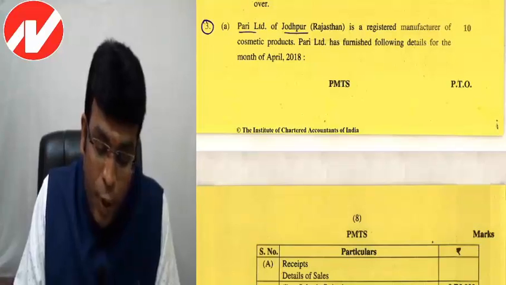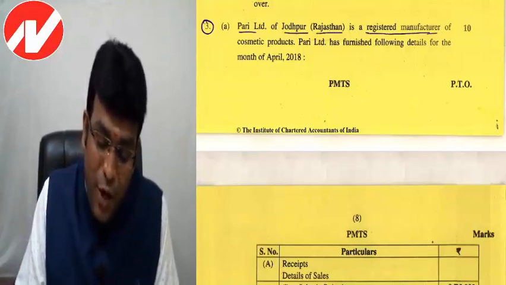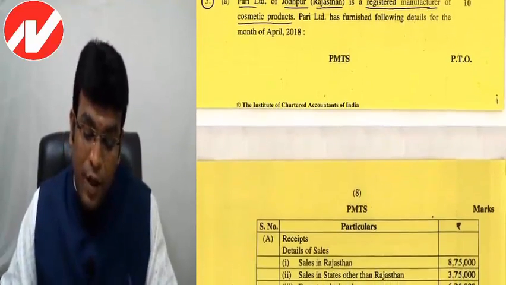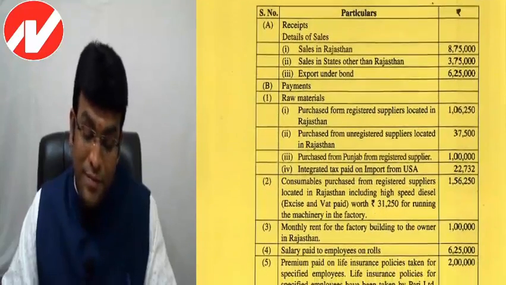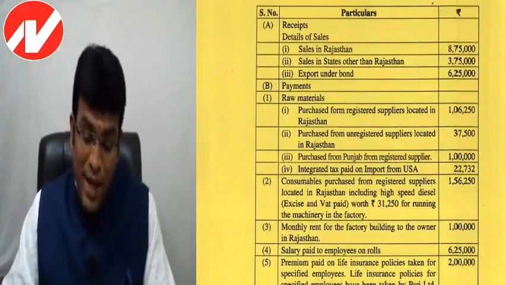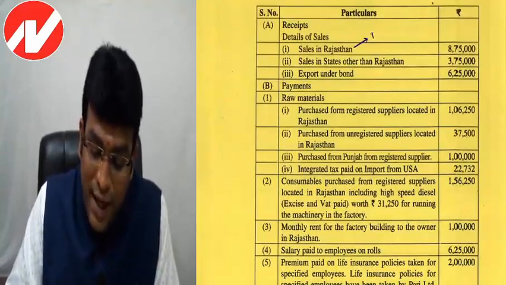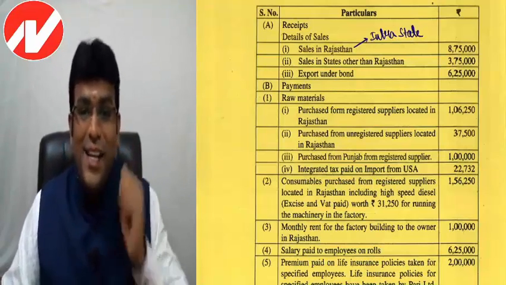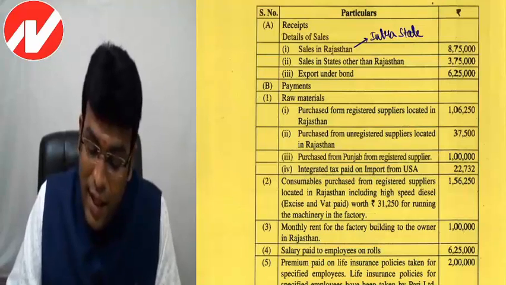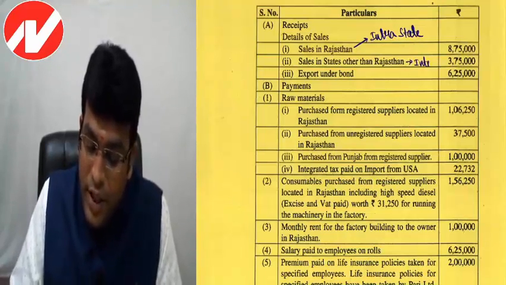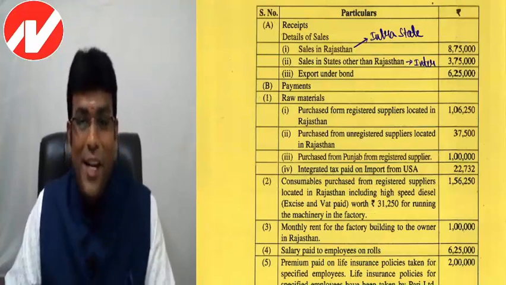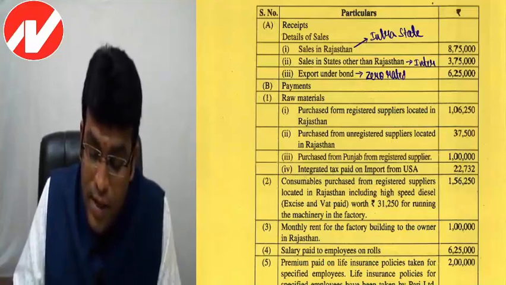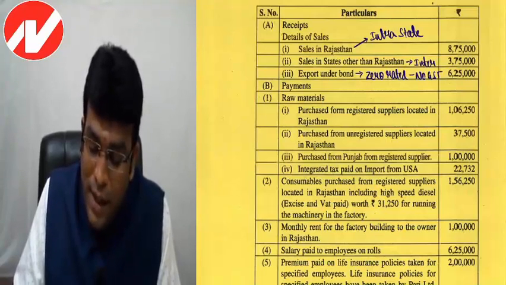Pari Limited of Jodhpur, Rajasthan is a registered manufacturer of cosmetic products. Pari Limited has furnished the following details for the month of April 2018. Receipts, details of sales. Sales in Rajasthan are called intrastate, on which we will pay CGST and SGST. Next, sales in a state other than Rajasthan are called interstate supplies, on which we have to pay IGST, my dear friends. Export under bond is regarded as zero rated supply,